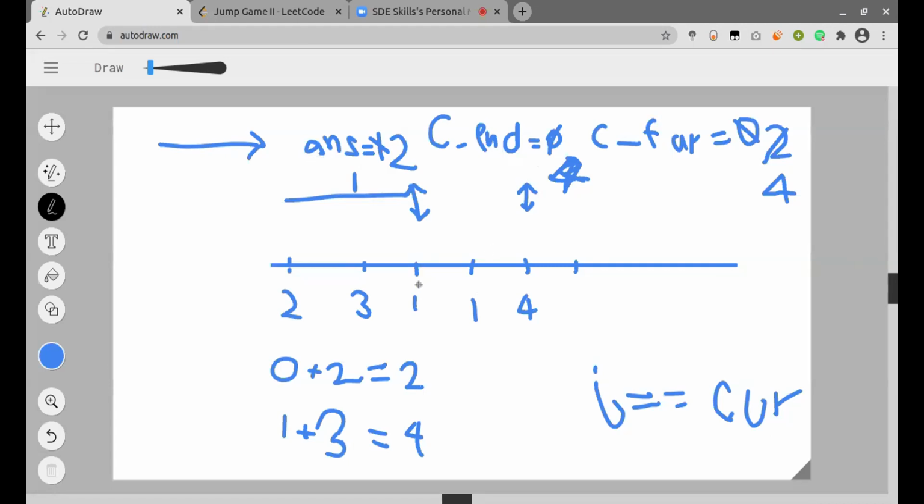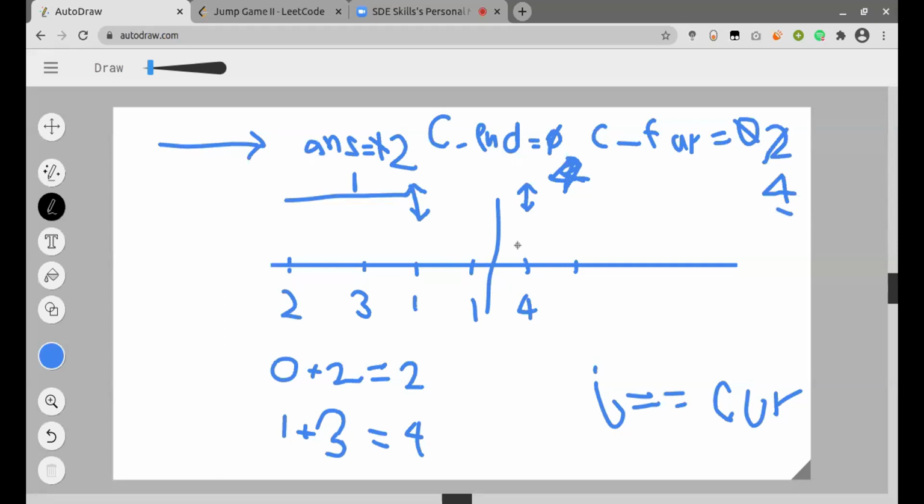And similarly here, when I come at index 1, I'll see that 3 plus 1 is 4. The current far is 4 itself, and the current end is 4, so this will not increment. And now comes the point. I'll iterate till the second last index only.